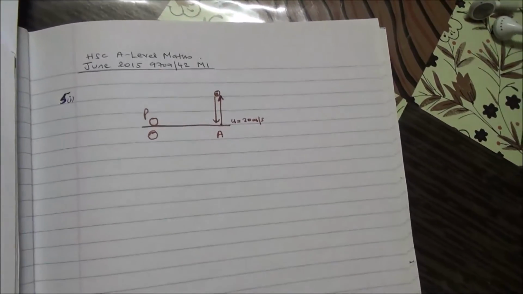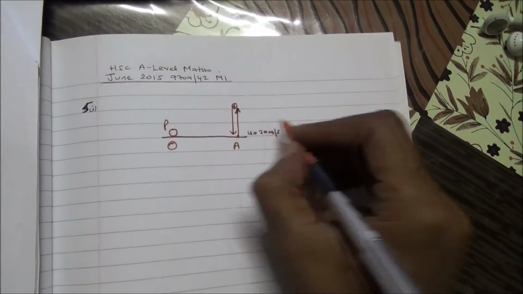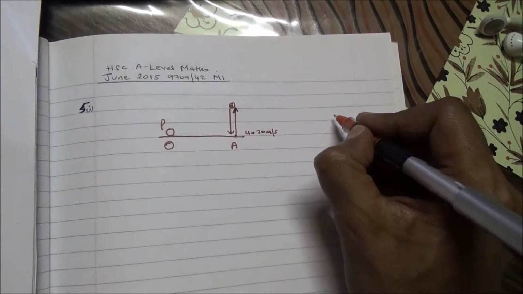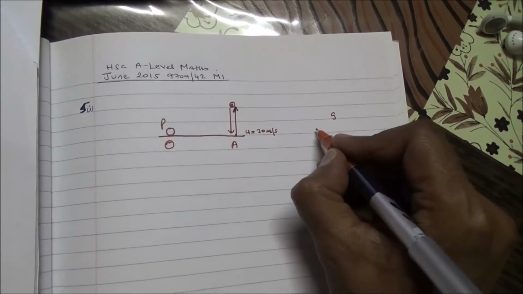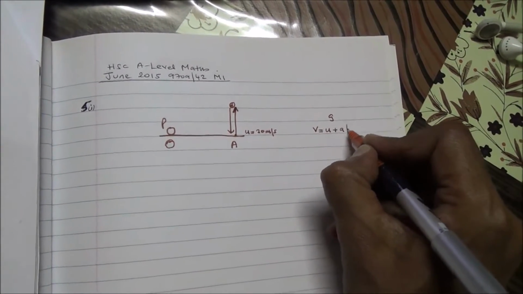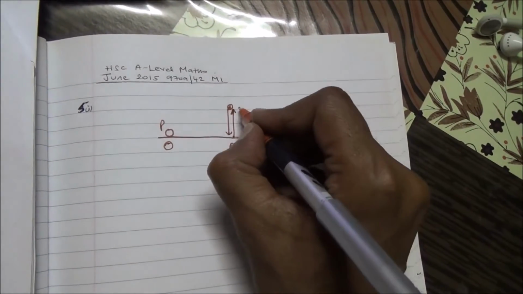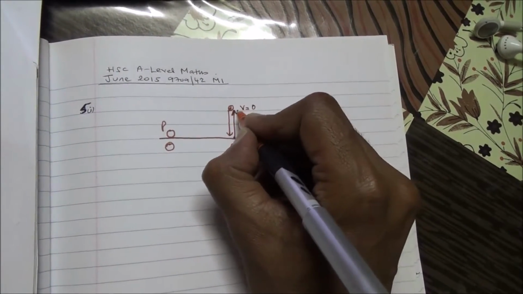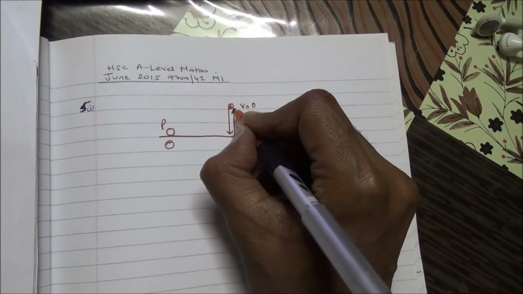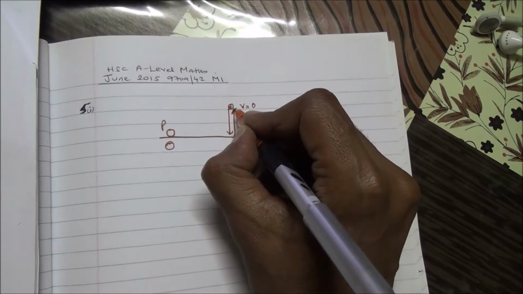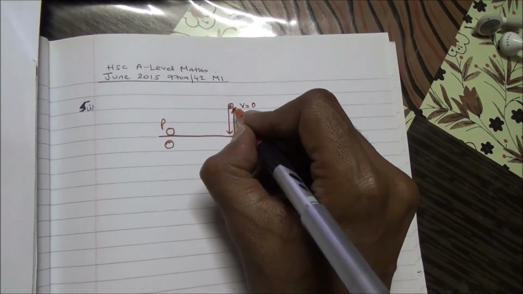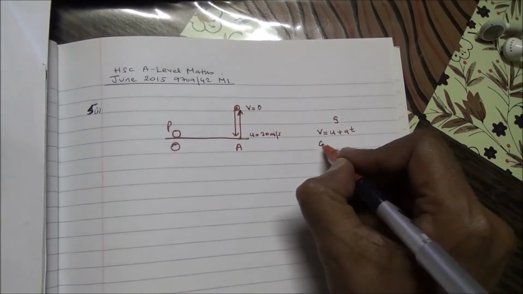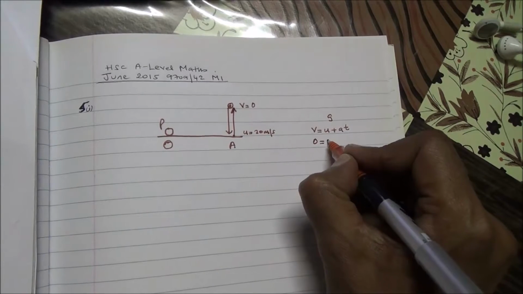So what we should understand is that when the object is projected upward, there is a force of gravity that's going to try to pull it down, and the acceleration due to gravity is g. We can use the formula v equals u plus at. The final velocity when it reaches the maximum height is going to be 0, because that is at instantaneous rest. The moment the object reaches its maximum height, it will stop momentarily and then it will fall back down. So v is going to be 0 at that point, and u, the starting speed, is 20 meters per